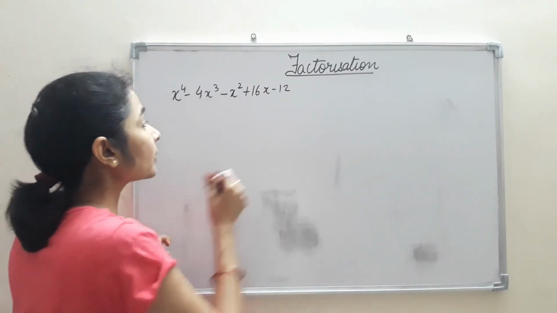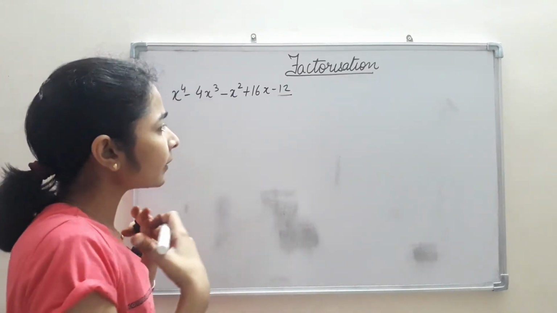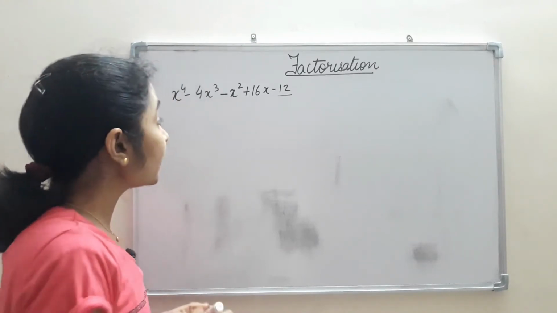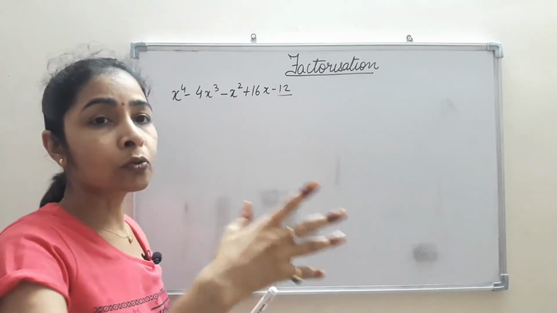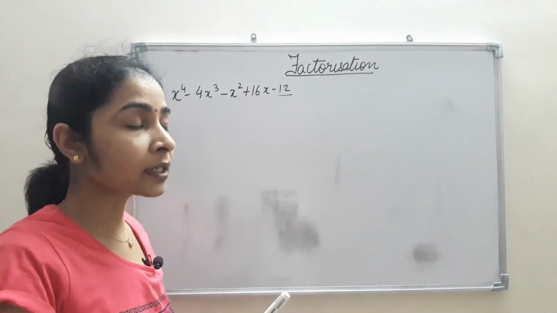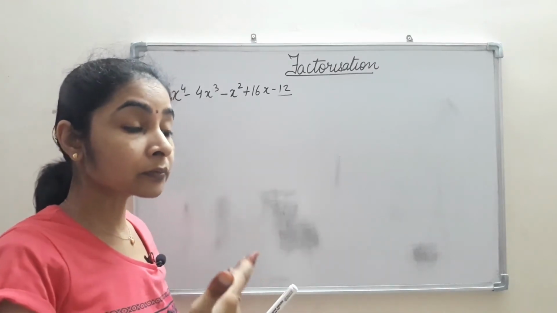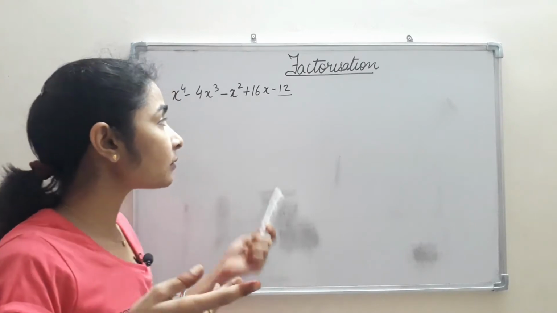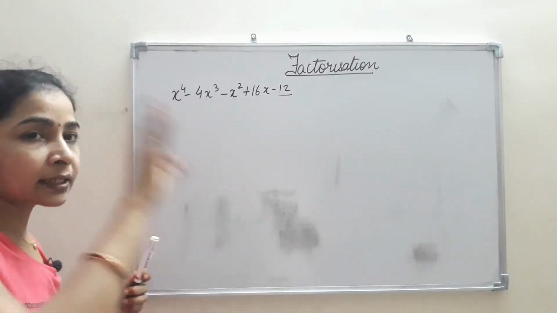First, again taking this constant term. We can do the whole question by using the trial and error method. We know the factors of 12. Plus 1, minus 1, plus 2, minus 2, plus 3, minus 3, like that we are having the factors of 12. So we can go on substituting it and get the four factors.